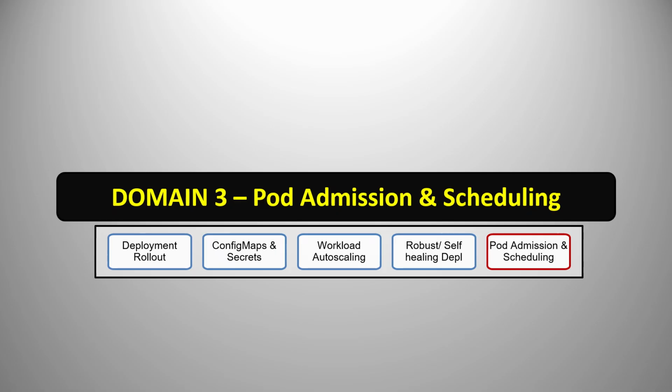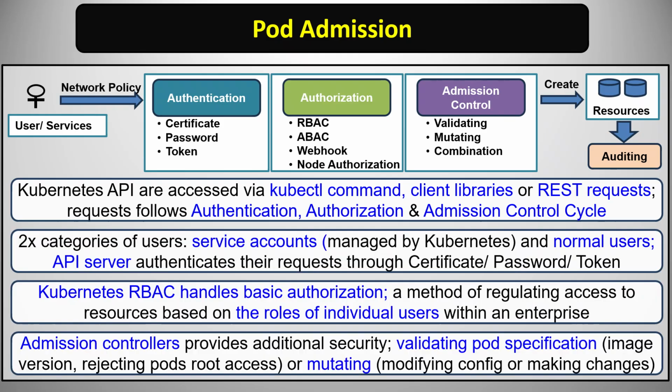When you create a pod in Kubernetes, the request doesn't just magically run. It goes through a cycle, which includes authentication, authorization, and then admission control. And once the resource is being created, then comes the auditing portion. Now, Kubernetes API are accessed via kubectl command, client libraries, or REST request, following the sequence of authentication, authorization, and